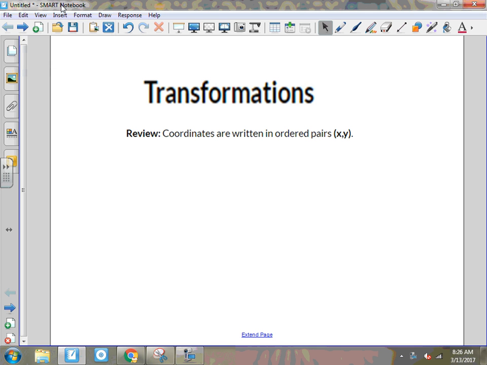All right, so today we're going to be going over our transformation notes. So just a quick review of how we plot coordinates. Coordinates are written in ordered pairs with x and then y. So for example, on my coordinate plane,